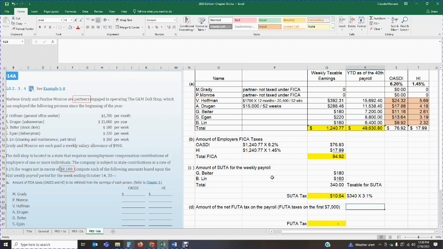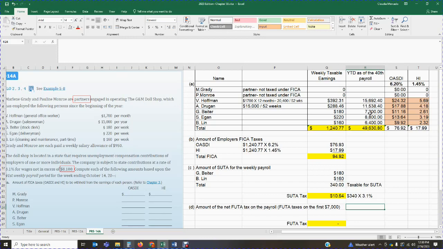So in this section, you have to figure out which of my employees has not gone over the cap of $8,100. Only those employees will be taxed the 3.1%. Okay? So we need to look at the year to date. If the employee has earned more than $8,100, we don't have to worry about them. Only about the ones that have not reached that mark, and we need to figure out what amount of this week's earning is subject to tax.